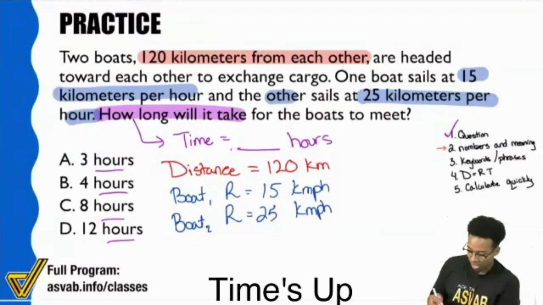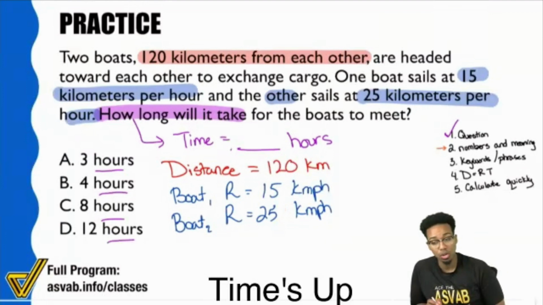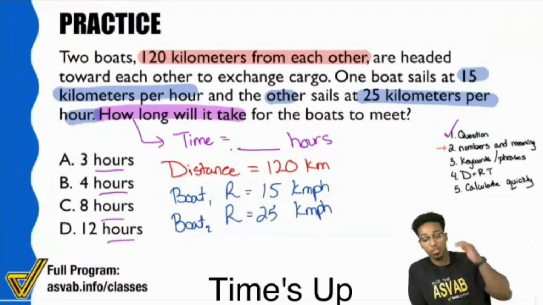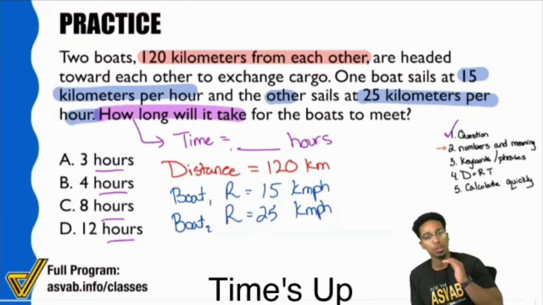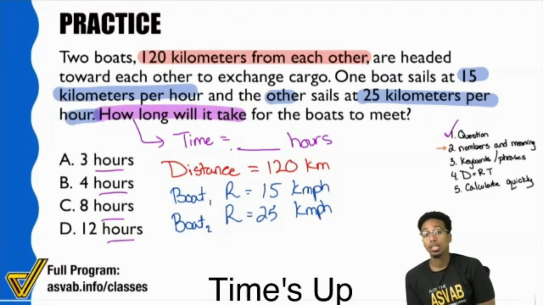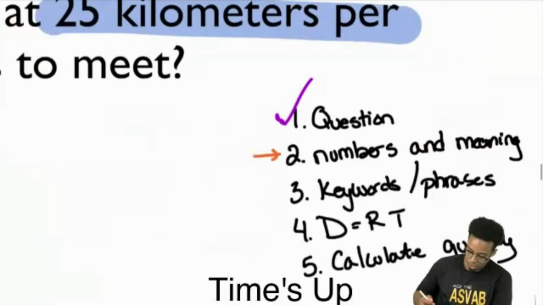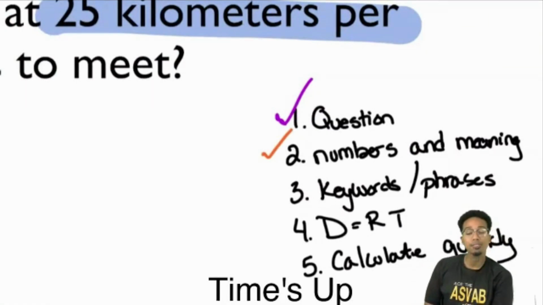Great. So was everybody able to write that down? Was everybody able to determine that the 120 was distance, and the 15 and 25 are both rates? Yes or no? So notice this is the progression we want to go through. The question, do we understand it? Next, the numbers, do we understand them? Because anybody can read 120. Anybody can read 15. Almost everybody can read 25. But can you define what it means? That's the next step. So if you were able to get through that, then you've successfully done the second step of the problem. Step three, the keywords and phrases.